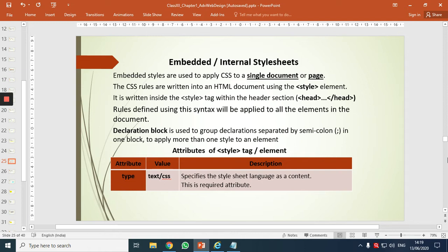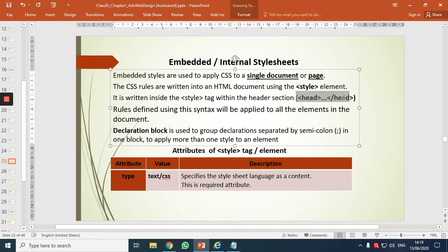Our HTML is divided into two sections, the header section and the body section. Style is included in the header section, that is, between the head and the head close. And all the rules of CSS will be included within the style element.